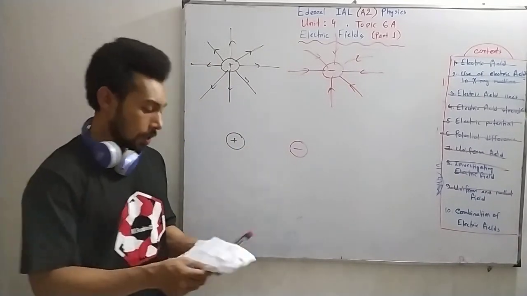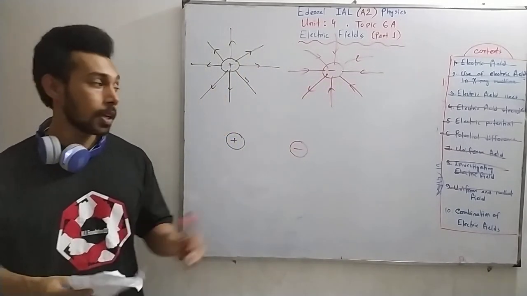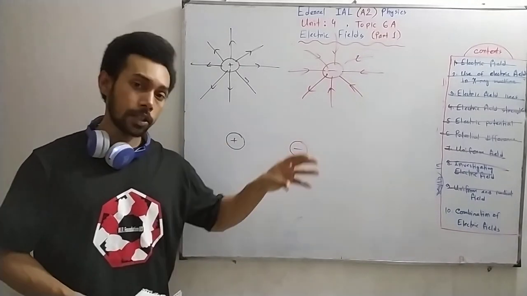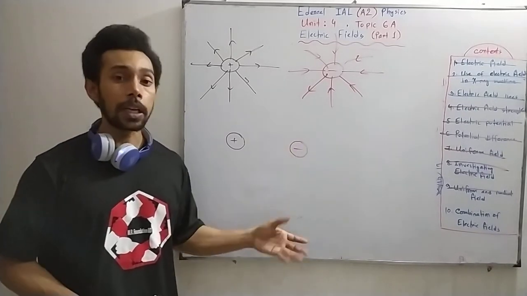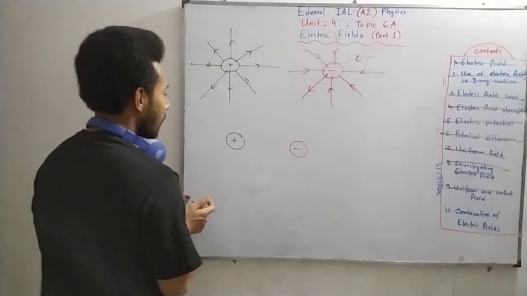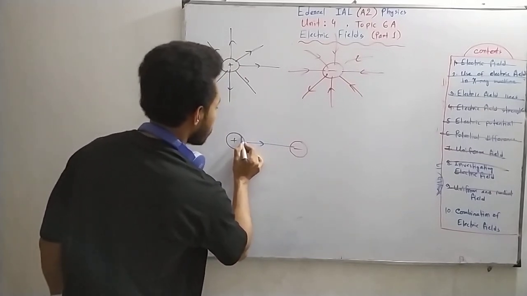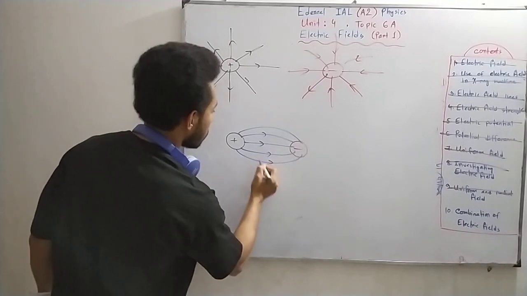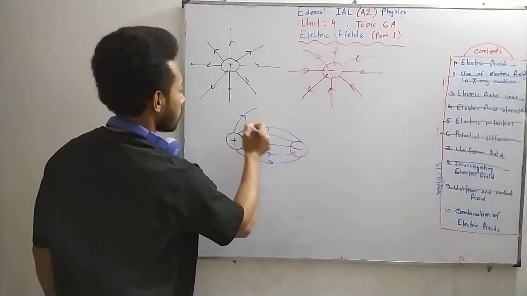Actually, when you combine electric field, you have to remember that the field strength at a particular point in a combined field is the vector sum of the electric field that each individual field can cause. Okay, so the resultant electric field will be, okay, and there will be some